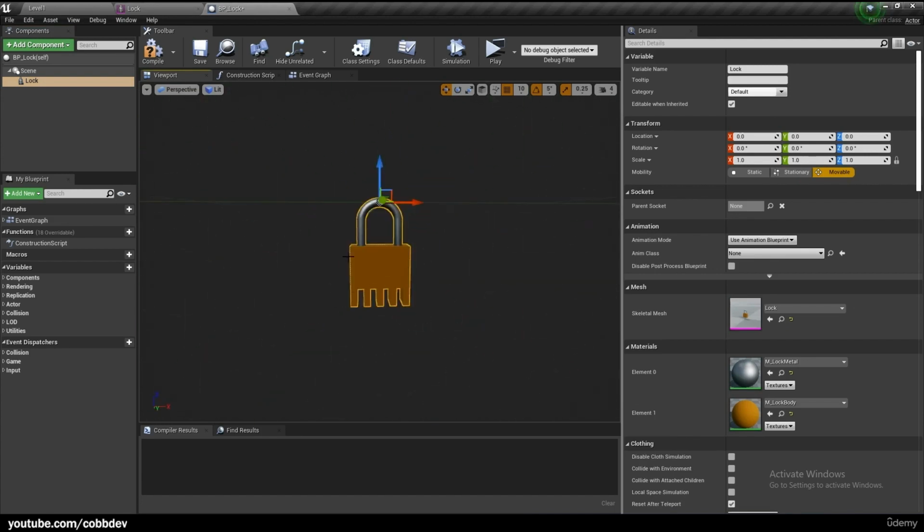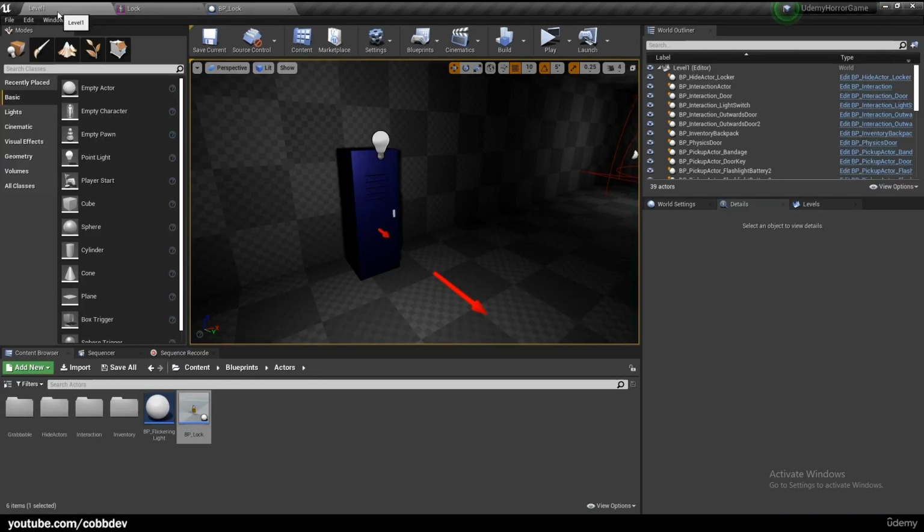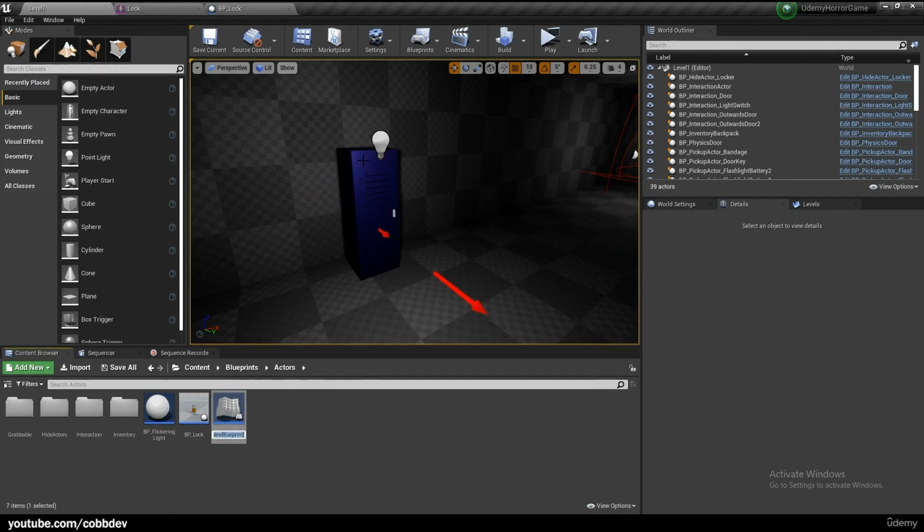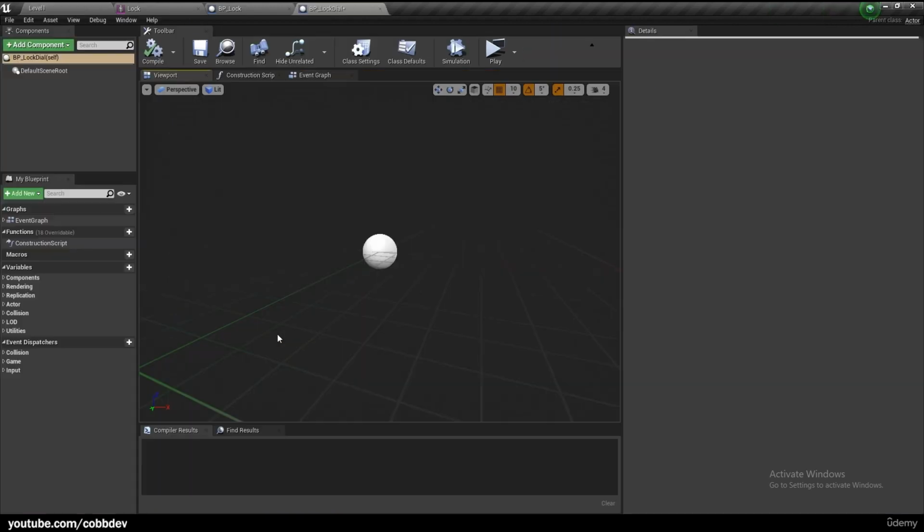Now, our dials are going to be separate actors in themselves. So let's go back into our level 1, and let's right click, and let's add Blueprint class, actor, BP lock dial, because these will have their own functionality. So we can open it up,